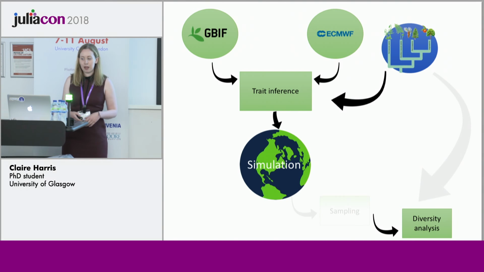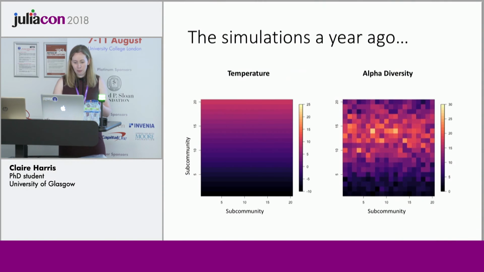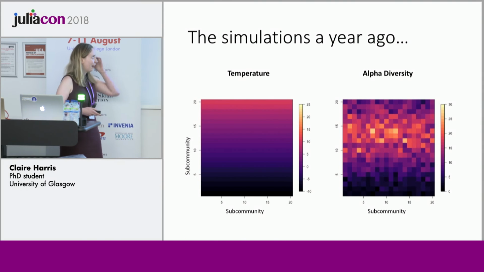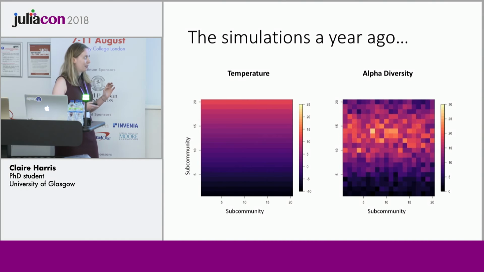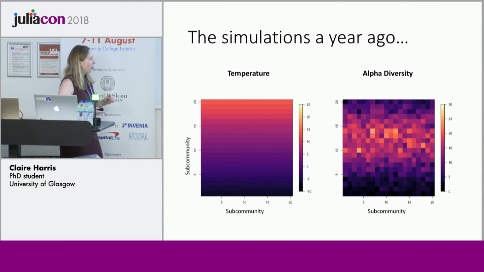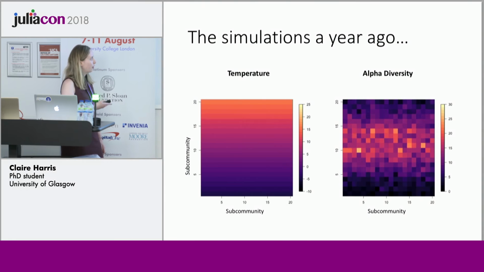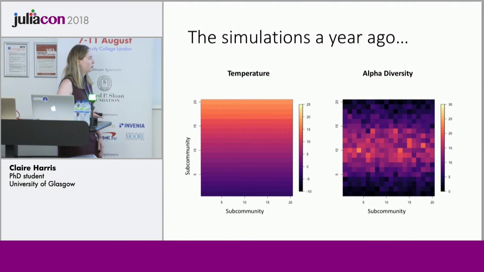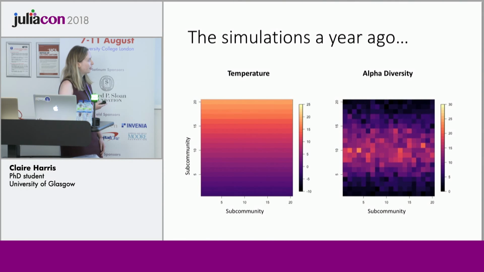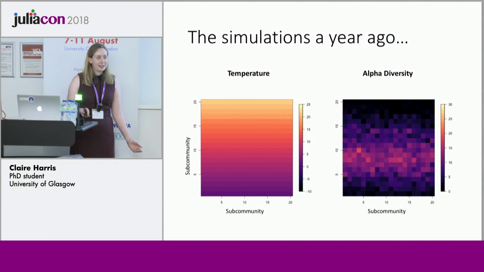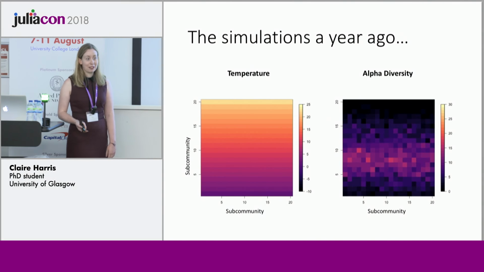I've talked a bit about this part, but I want to move into the simulations themselves and how we've progressed them. Just about a year ago after JuliaCon, this is how my simulations looked. They were really simple, like a 20 by 20 grid. And I had, I think, 30 species in there that had a temperature preference, and we just slowly increased the temperature on them over time to see what would happen. You can see they start to die out and move towards the cooler parts of the system that they're happier with. But this was really slow, partially because the code wasn't written very well by me.